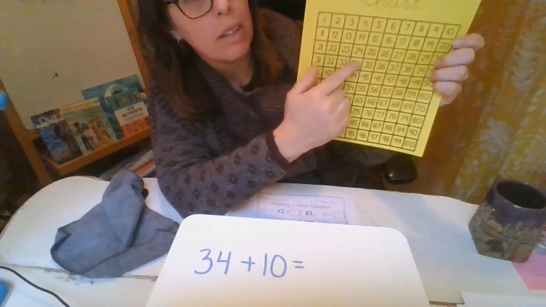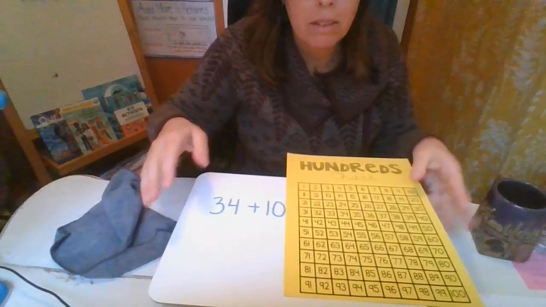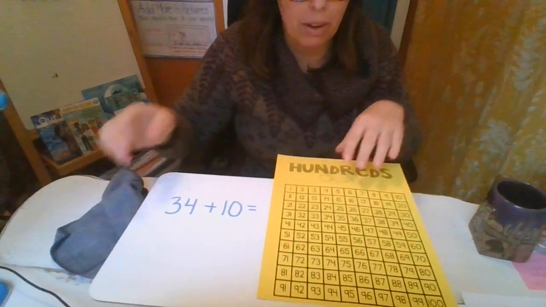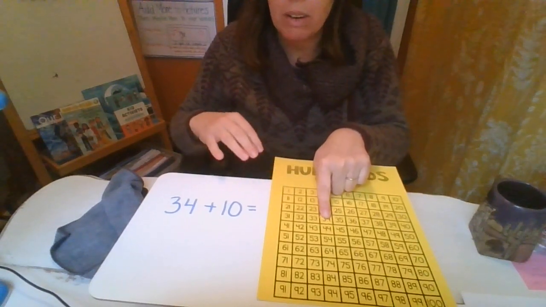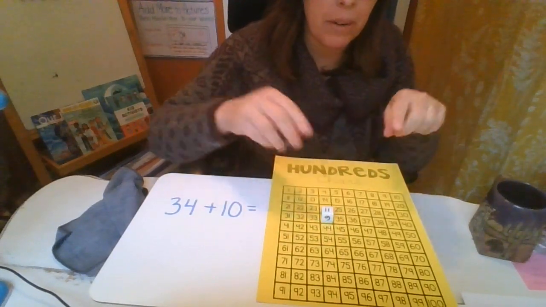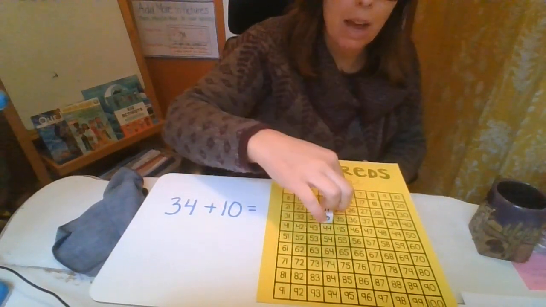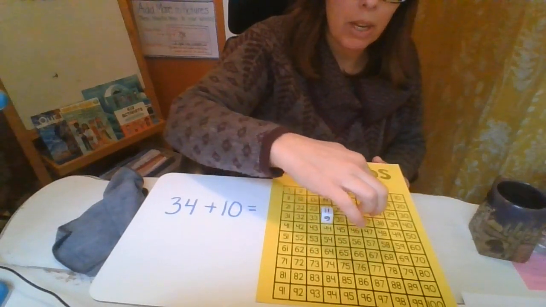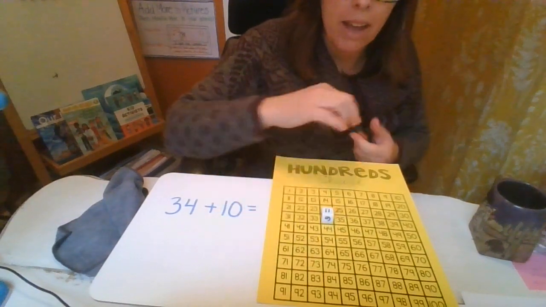Okay, 34 plus 10. And then if we look on our hundreds chart and we start with 34, which is right here. Okay, so I'm going to kind of set it here. Can you see that? Okay, there we go. 34, and then we're going to count 10 more. So I'm going to put one finger here, or maybe I'll use a die. I have a die here easily. I'm going to put that there. Okay, and we're going to count 10 spaces. 1. Remember, you count your first hop as 1, 2, 3, 4, 5, 6, 7, 8, 9, 10, and we